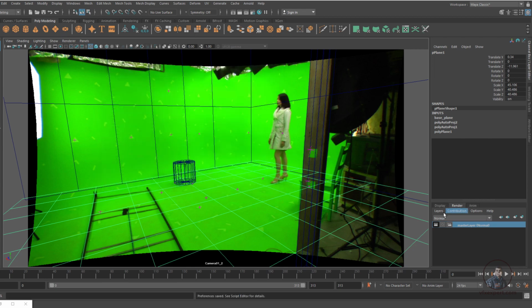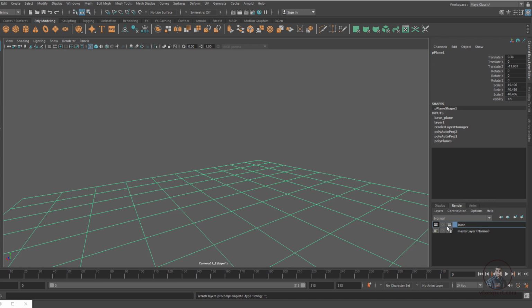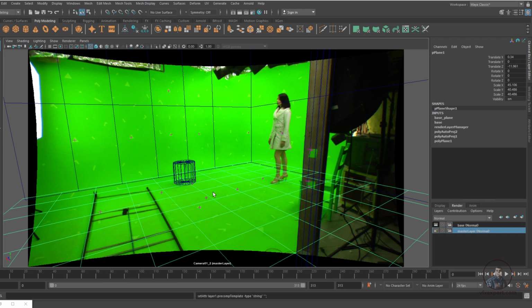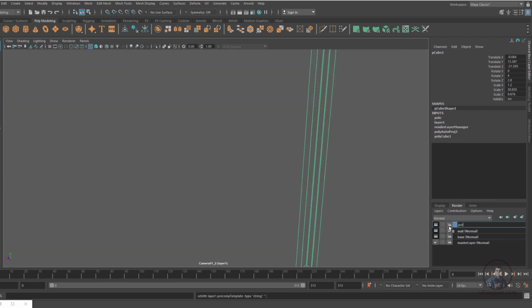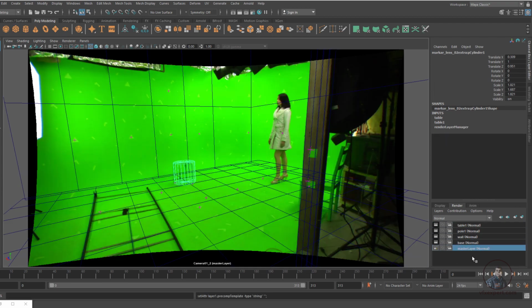So easily we can add our render layer, because we have to render all these in separate layers, or you can also render these elements in a single layer. So now you can see this is our master layer. Then first I have selected this plane, just click here and define it. Maybe double click here, so base plane you can say, any name you can give. Then again select master layer, then select this wall layer, click on this one and give a name. So now you can see this is our master layer.